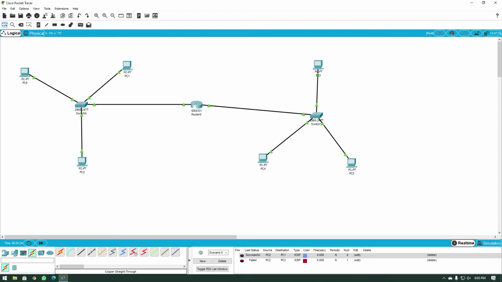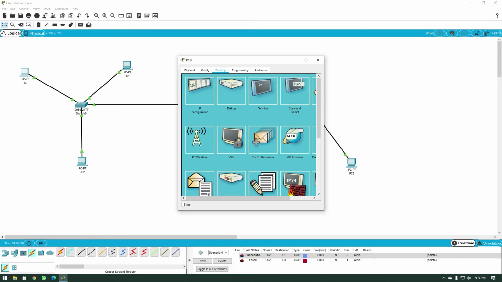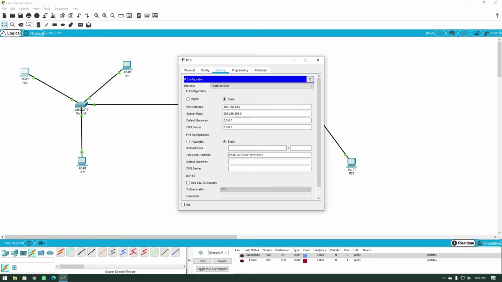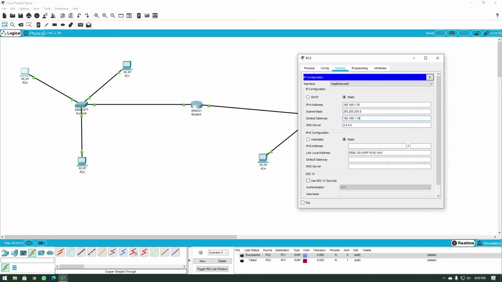Let's do that. So I click on this computer, go to IP configuration, and I say 192.168.1.10. Remember, this was the IP address of the router on this interface, and this is the interface that is connected to the switch that manages the network to which this computer is connected.